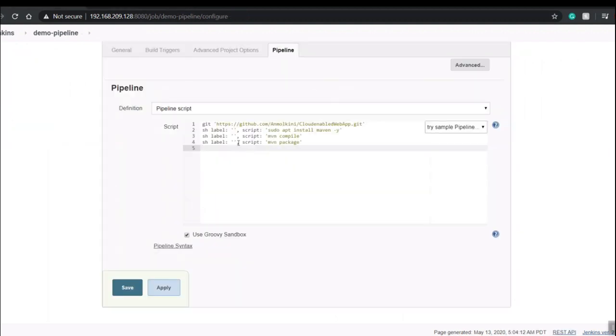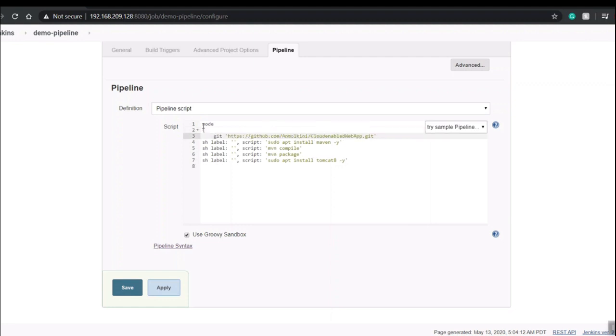After that, I have to copy it back and paste it in the pipeline. All the scripts should come inside a curly bracket, so I'll just write node, curly bracket, and make all this script be inside the curly bracket, and I'll just close that curly bracket down here.